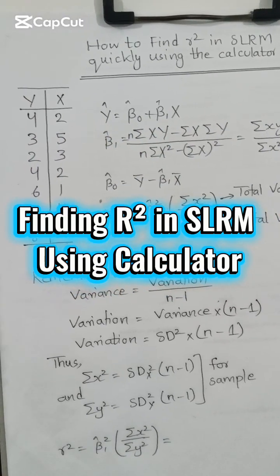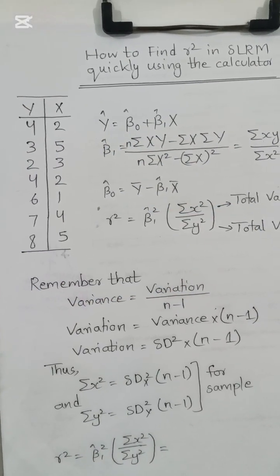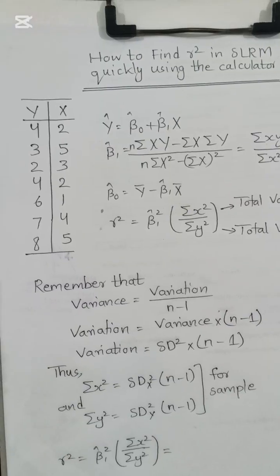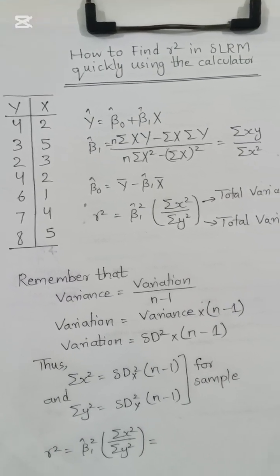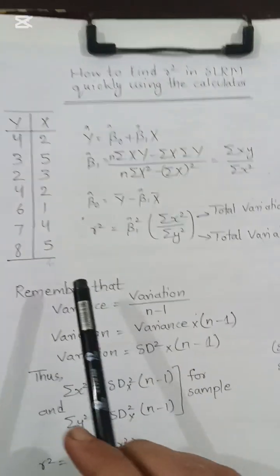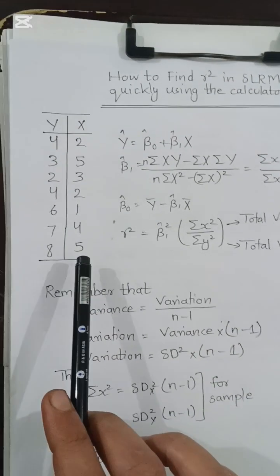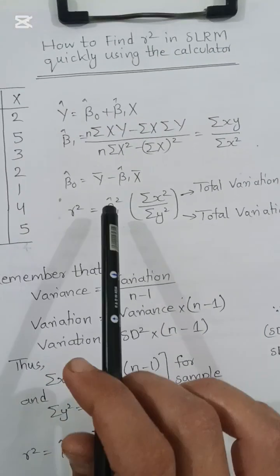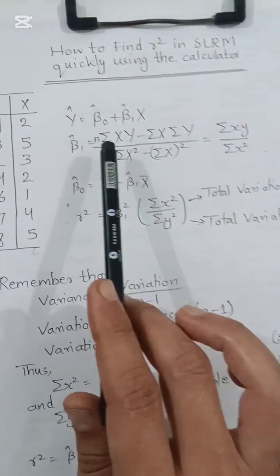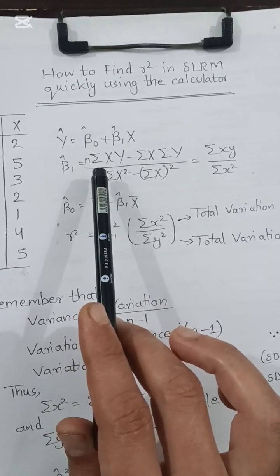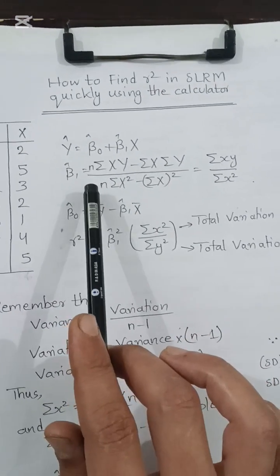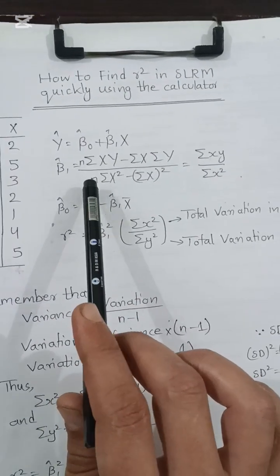Assalamu alaikum students, in this lecture I will show you how to find the R square in simple linear regression using the calculator quickly. So here I have given the data of y and x variables, and this is the sample regression function: Y hat equals beta naught hat plus beta 1 hat x,